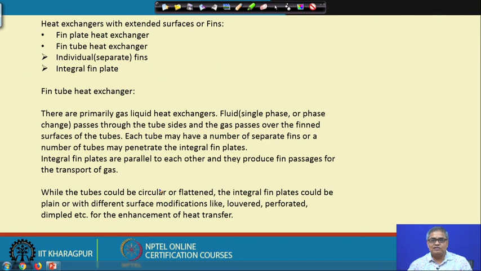One has to see which resistance is more, and if there is a gas liquid heat transfer equipment, a heat exchanger, then one will find that the gas side resistance is much more. So, the gas side resistance we have to reduce first. That is why fins are provided on the gas side. This I have repeated a number of times. So, here again I am telling the same thing, that on the fin side of the tube there will be passage of gas. Inside the tube there may be fins, rarely, but these are small fins. Sometimes there are fins.